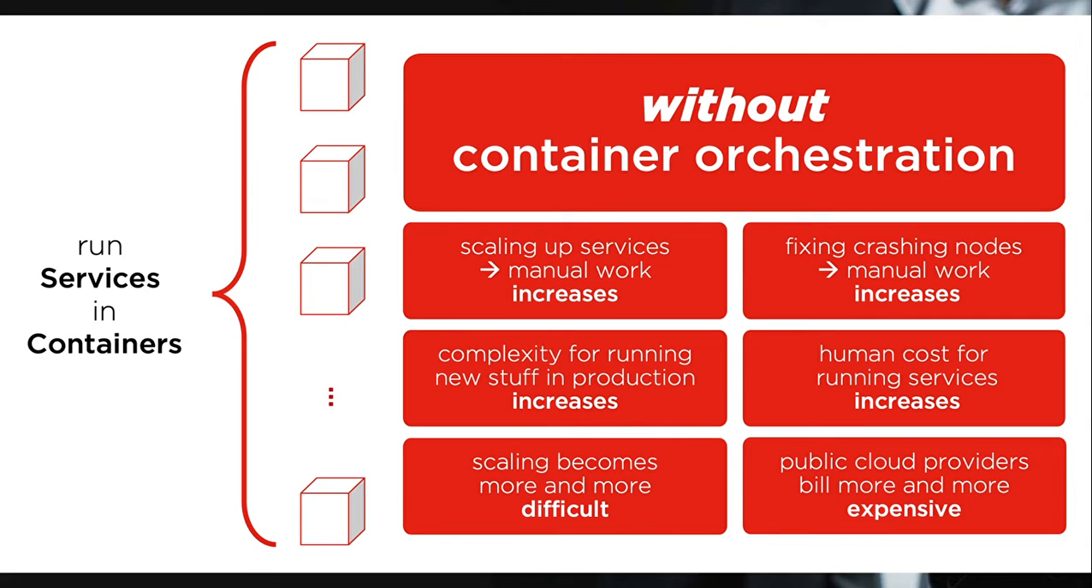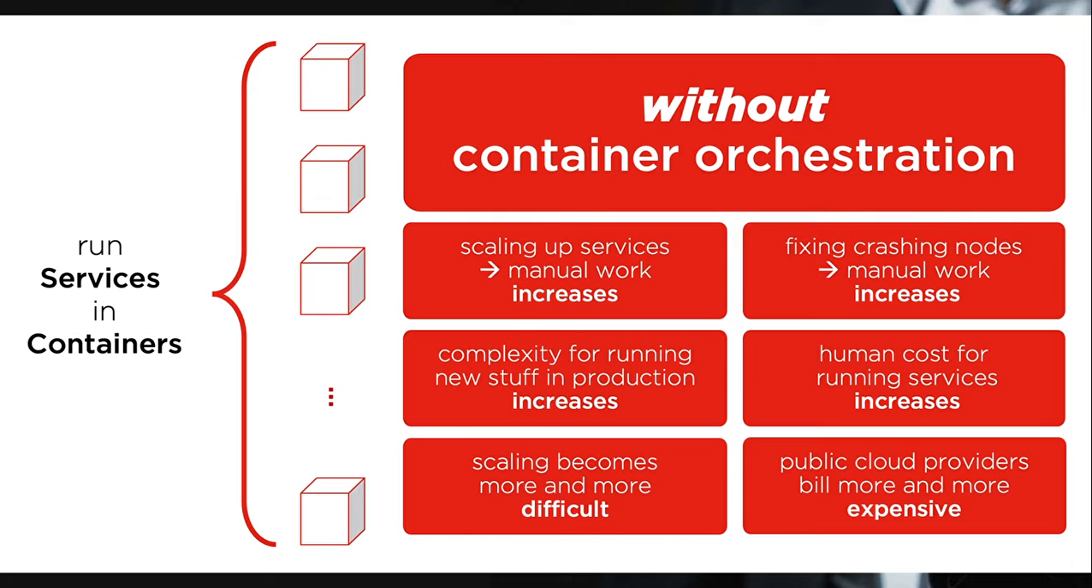So what happens if we don't use container orchestration? For scaling up a service we need to do manual work. For fixing crashing nodes we need to do manual work. The complexity of running new stuff in production increases the manual intervention. The human cost for running the service increases. Public cloud providers bill more and more, and scaling becomes more and more difficult in case of manual effort